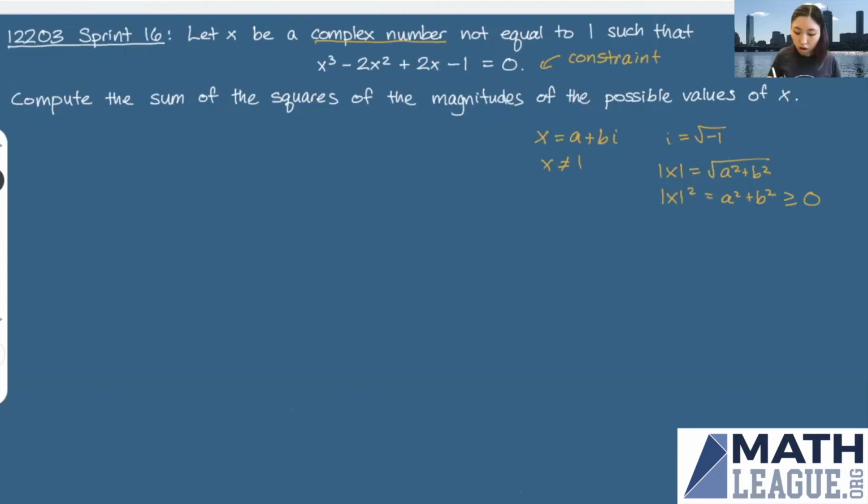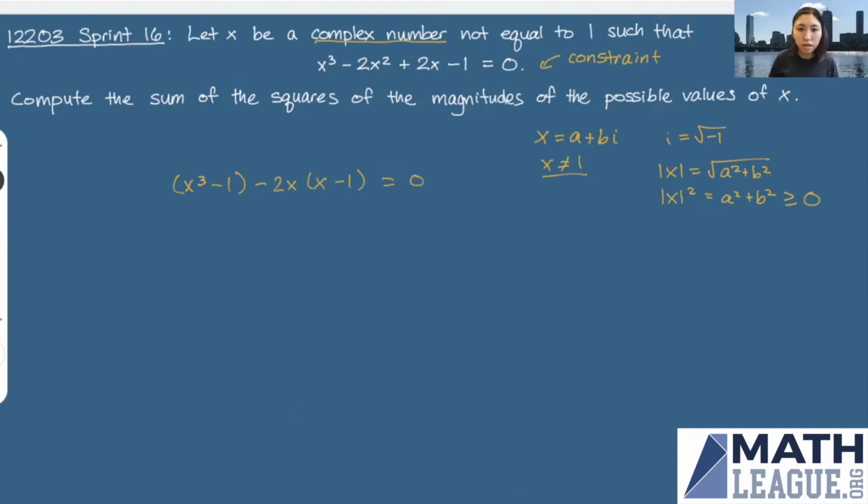All right, so we have our polynomial x cubed minus 2x squared plus 2x minus 1 is equal to 0. One thing that's going to be nice is that we want to factor this polynomial. So we can do so by factoring by grouping. So that means just grouping two terms together. In particular, we can note that x cubed minus 1 minus 2x times x minus 1 is equal to 0. So the reason why we wanted to use this sort of grouping, why we picked our numbers here, is this constraint that x is not equal to 1 kind of suggests that we might want to look into factors of